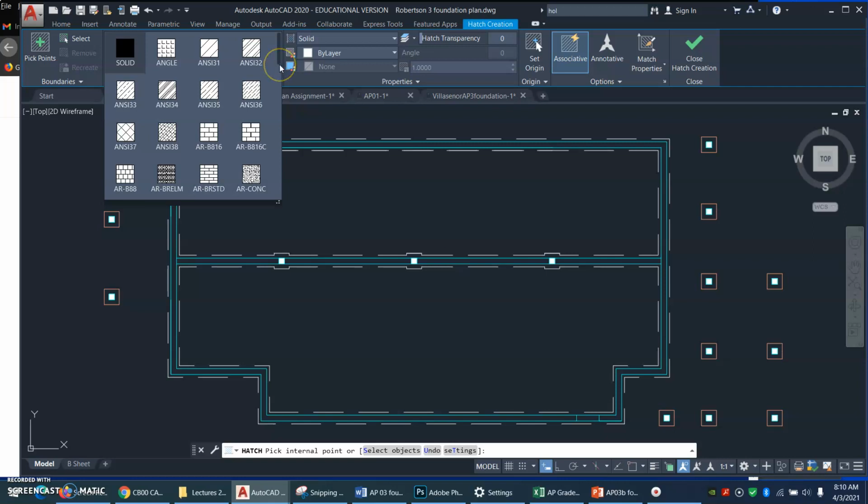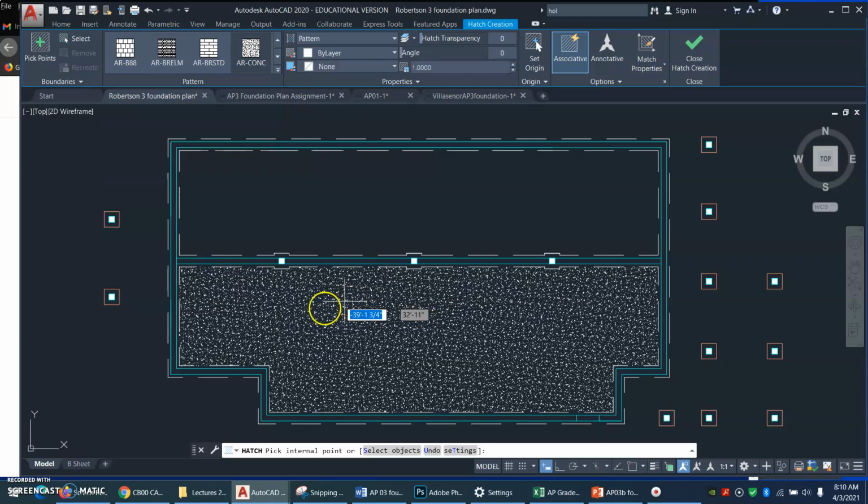And here you can see in the list, here's a thing that begins with AR for architectural, and then -CONC for concrete. So this is the architectural concrete hatch pattern. I'm going to select that,